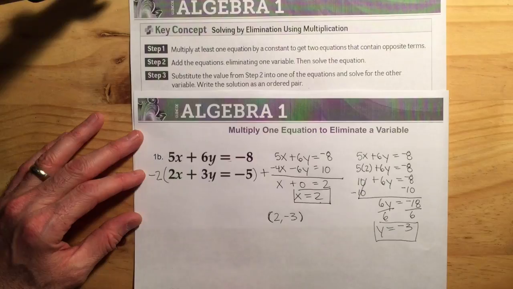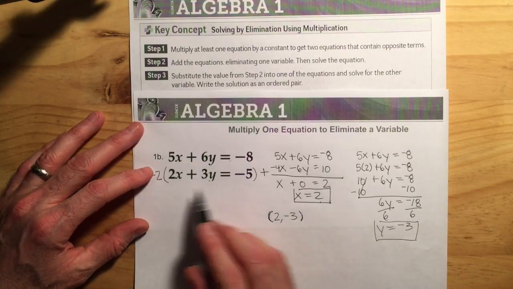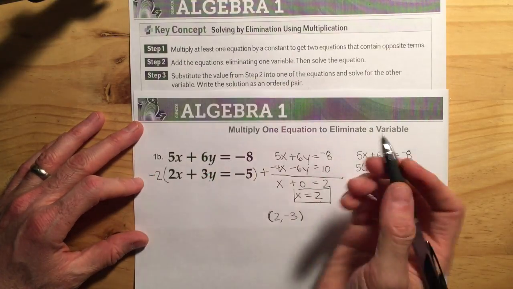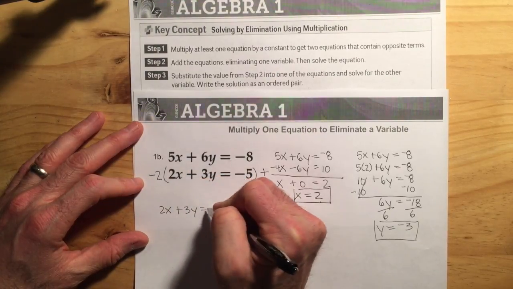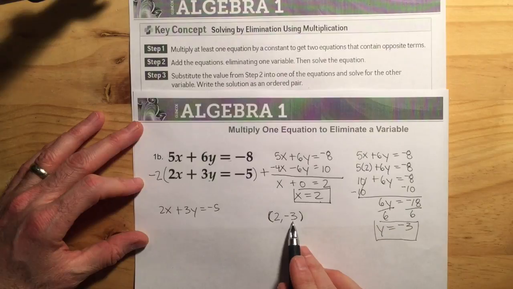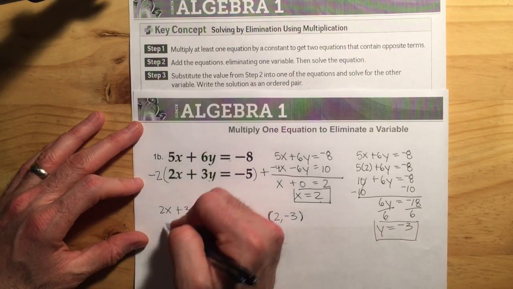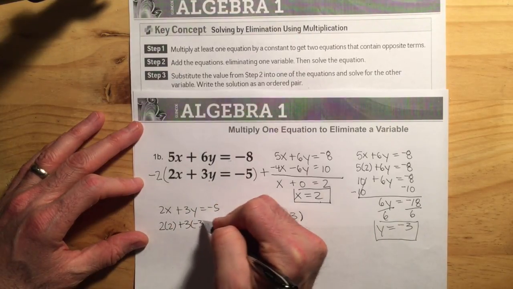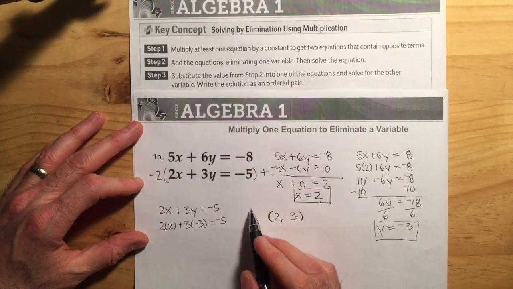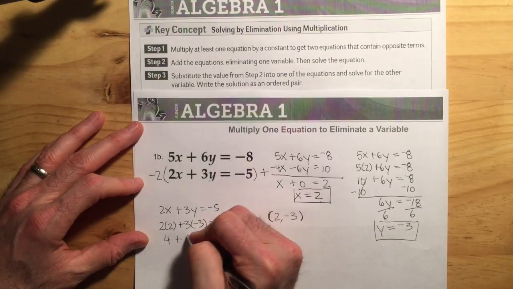Well, I used the first equation to get my y value, so let me go ahead and use the second equation and plug all this in and see if I get both sides equal. So let's see. I'll rewrite the original equation first. And now let me go ahead and plug in my values. So 2 in for x, -3 in for y. All right, 2 times 2 plus 3 times -3 equals -5. All right, let me simplify that. 4 plus 3 times -3 is -9